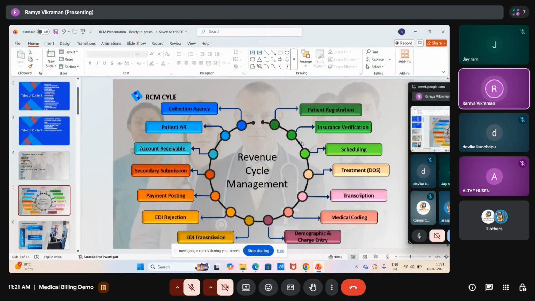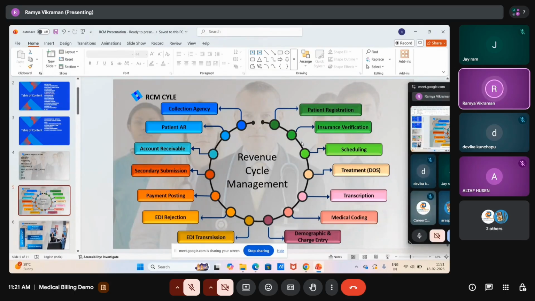Here they have another set of information. After collecting all the information from the patient, the appointment will not be scheduled on the same day at the same time. They will do a due diligence process. Due diligence means they will verify the insurance information the patient has given. They will not verify the patient's personal details, whether the information the patient has given is correct or not. They will only verify the insurance.